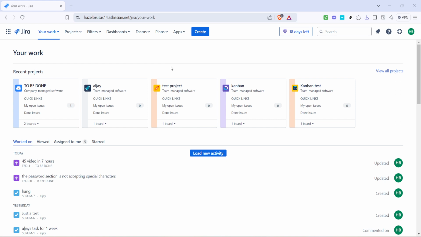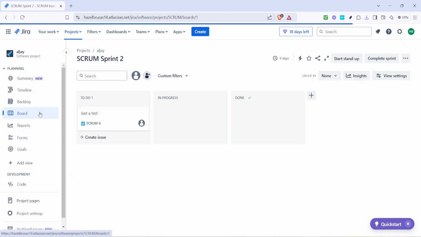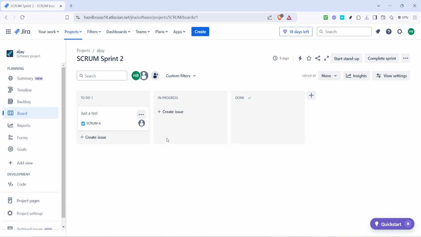Now that you've chosen the project, it's time to actually access the board itself. This is where you'll be spending the bulk of your time, as it visually organizes all tasks, issues, and sprints in a manageable layout. To do this, look for a button or a menu option labeled Board within the project's interface. Give that a click. This action will direct you to the main board area of the selected project, often a dynamic space filled with columns that represent various stages of your work process.